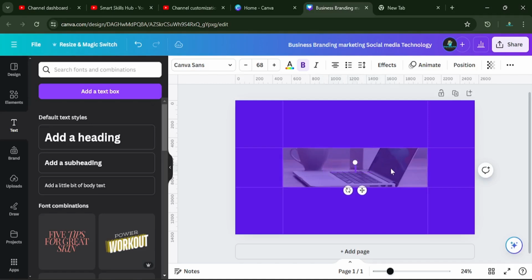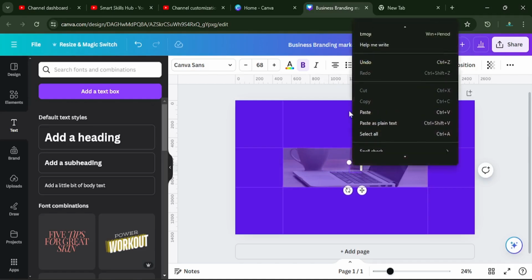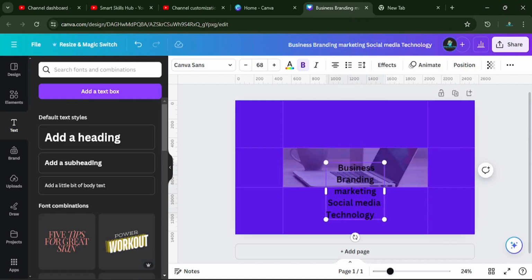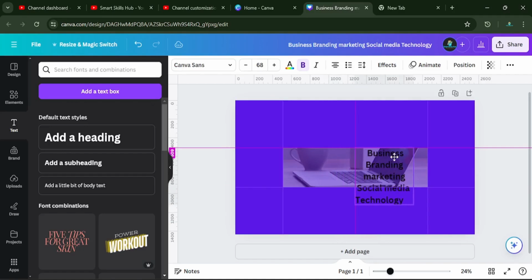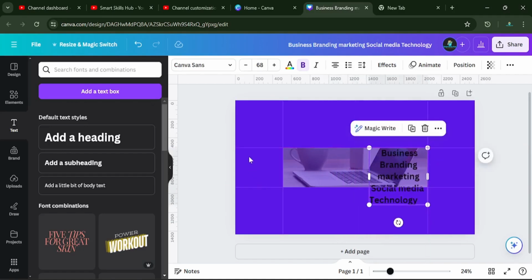But if you don't have anything copied out, all you have to do is just type what you want to write down there. So this is what I have in my notepad copied out. I'm just going to place it where it should be. Remember, do not let it cross this area, because whatever crosses this area is not going to show in your YouTube banner. So I'm just going to reduce this to